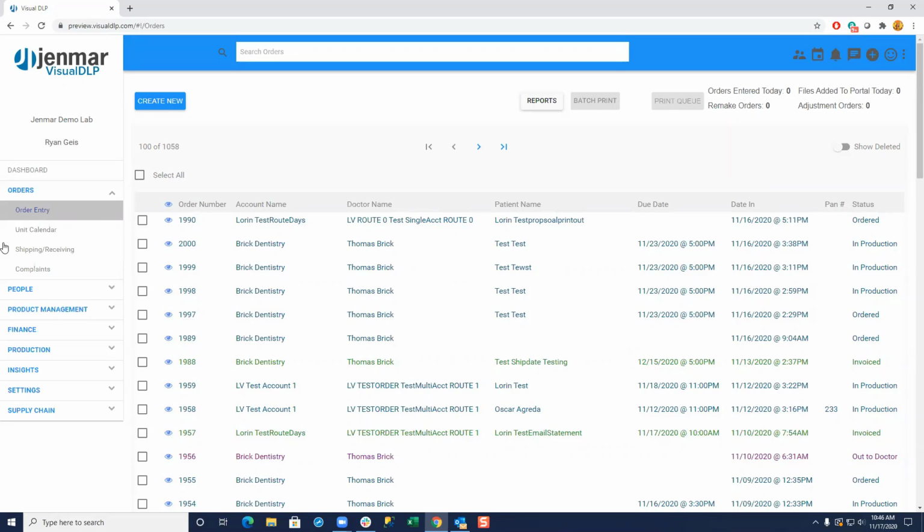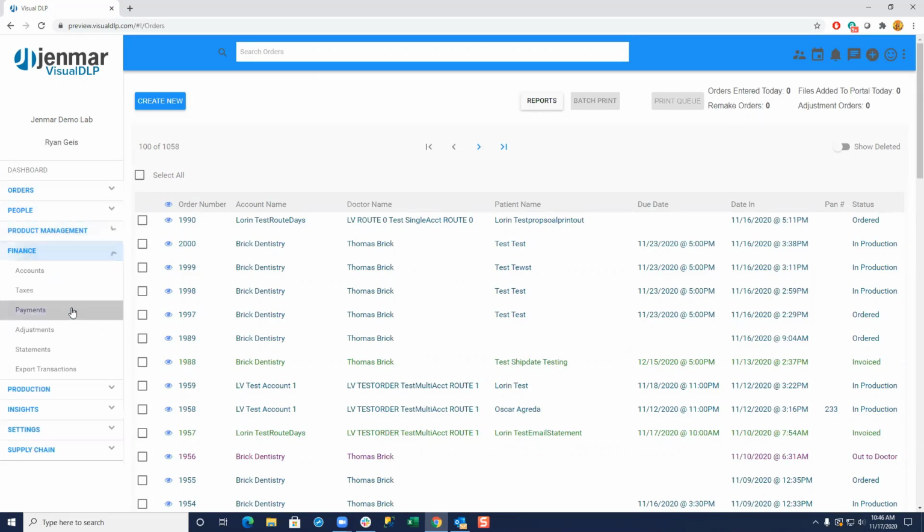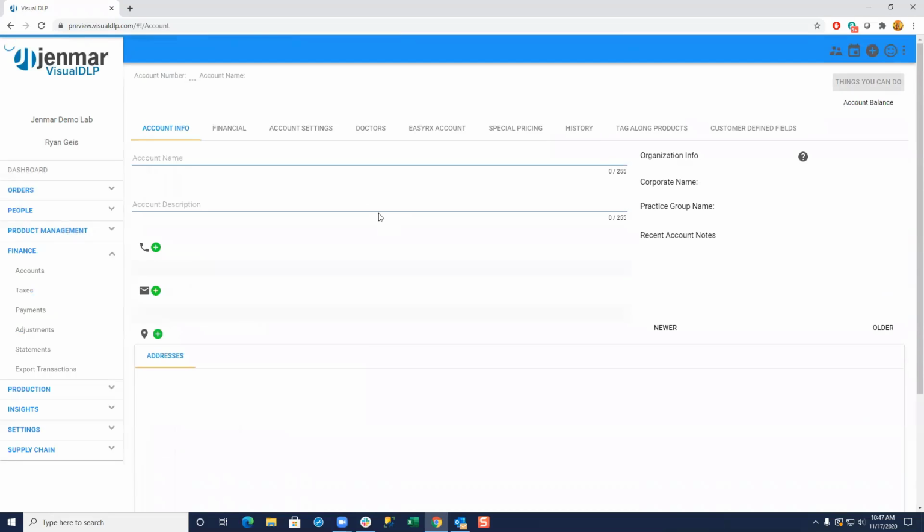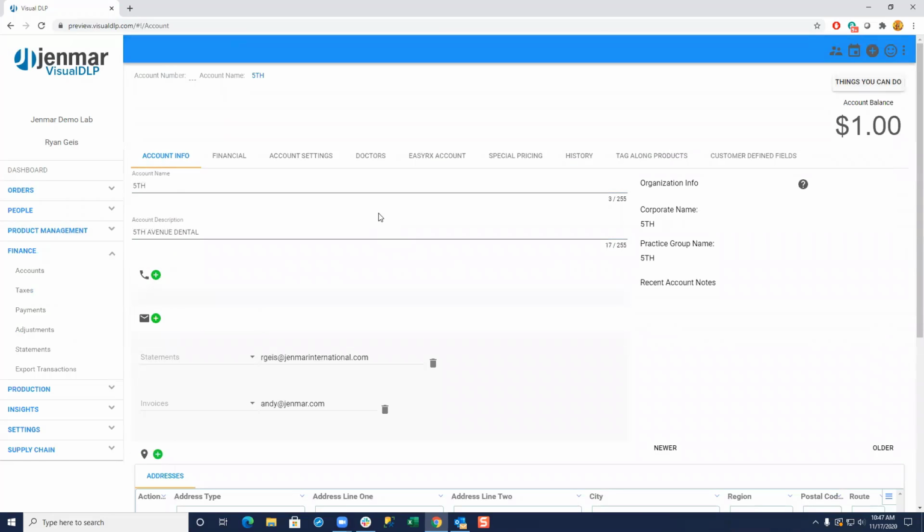Now, the last thing I wanted to touch on is actually something we've gone over before, but we're starting to press a little bit to see if you have any practices that might be interested in starting submitting digitally. We've got a few folks out there that are testing this with 1, 2, 3 different practices. And now that we have this integration up and running with EasyRx, just wanted to remind folks that